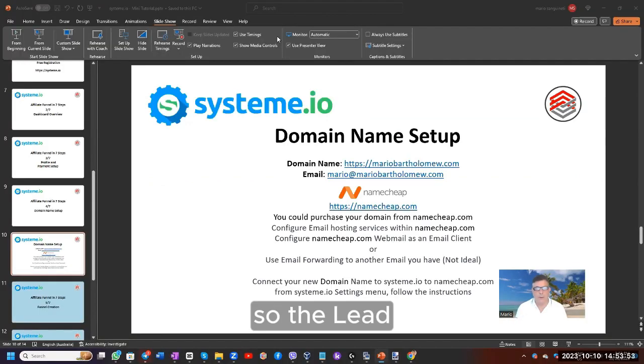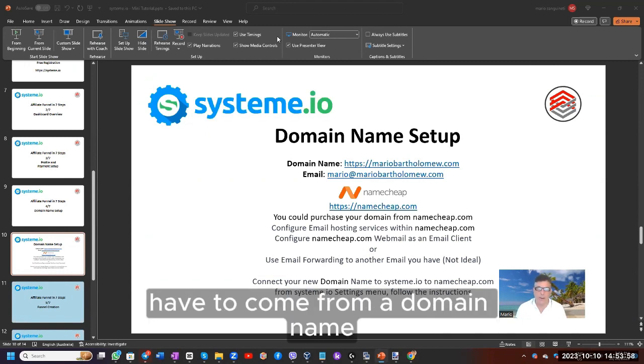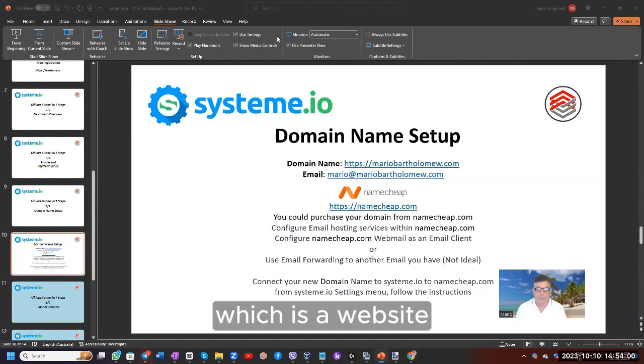So the lead magnet page and the opt-in page have to come from a domain name that you've set up, which is a website. To get this started, there are a number of choices, and I always suggest to have a website name that is ending in .com, and we also want the email to be the same domain name. Now, there are many ways to do this. In my case, I've used Namecheap.com, which allows hosting, also has a private webmail client, and or you could use